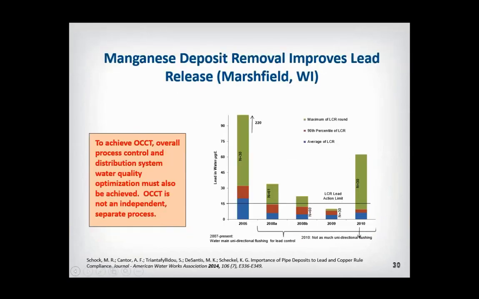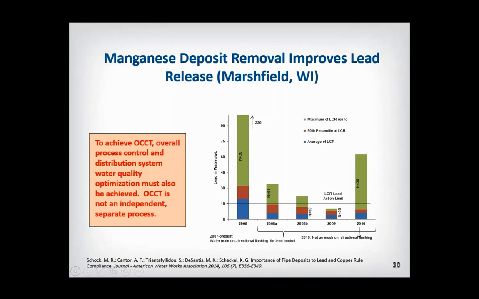A good example of this in Wisconsin is some work Abigail Cantor did in Marshfield, where the system had wells that had a lot of manganese in them, and so they went out and they flushed the lines and they tried to remove as much particulate manganese as they could, and they actually achieved complying with the lead and copper rule action level purely by just cleaning out the manganese deposits and not introducing any other kind